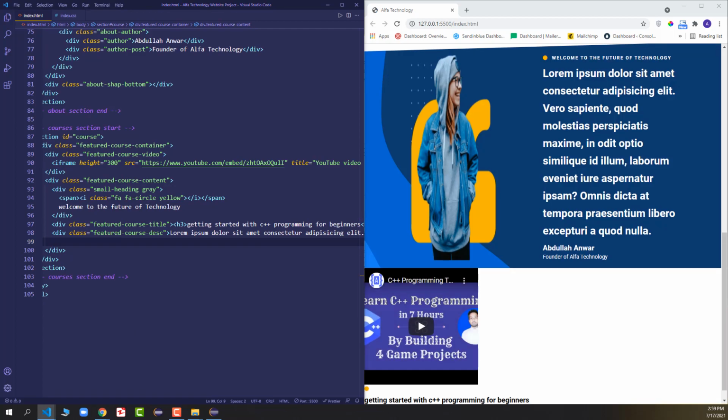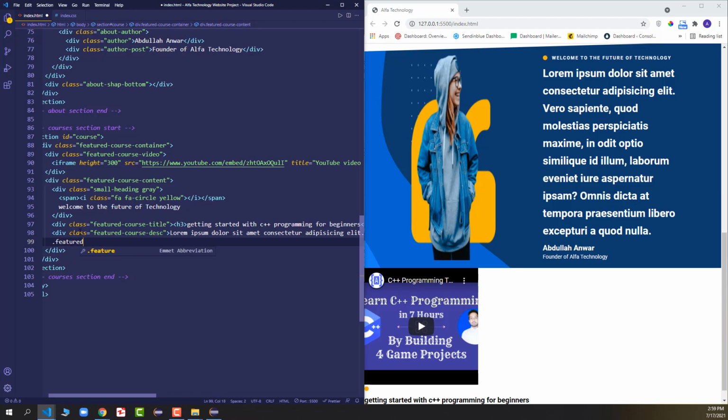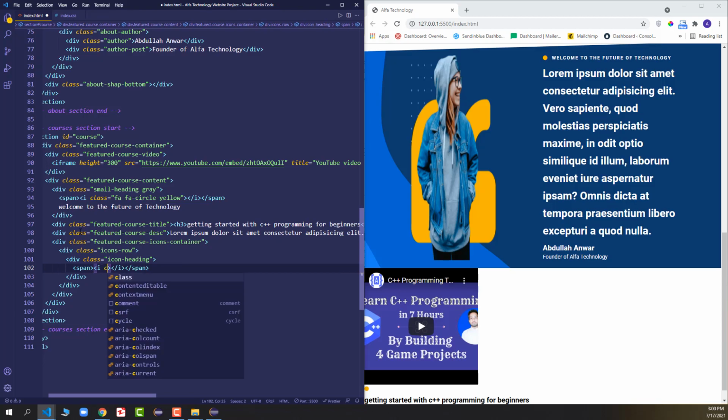Now after that we will have a little bit of bullet points, or you can say main points or main things or main topics of our featured course. So we can say dot featured course icons container, okay, in which we have subheadings, you can say, and inside of this icons container we have dot icons row, and inside the icons row we have dot icon heading, and inside the icon heading we have a span tag, and inside this span tag we have an I tag,